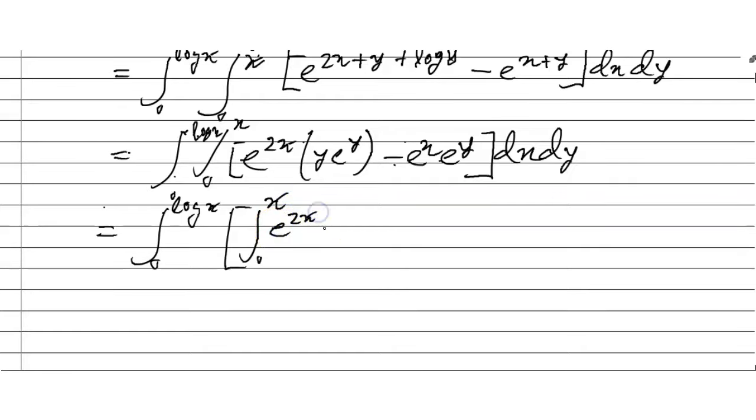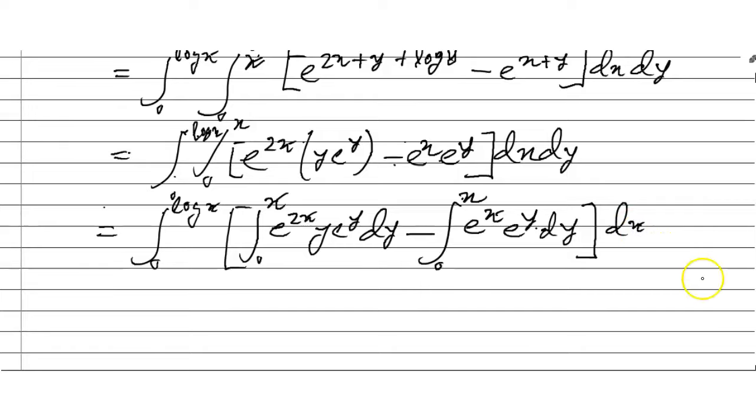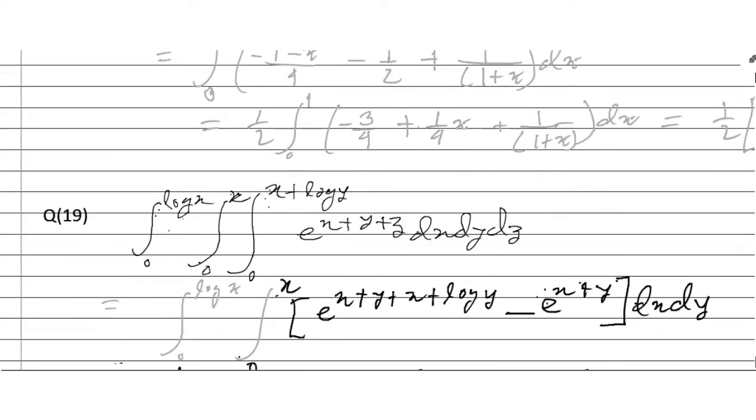E to the power 2x y into e to the power y dy minus 0 to x e to the power x into e to the power y into dy into dx. So friends, whatever you see first term,